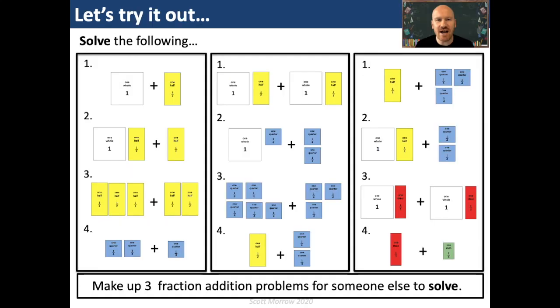It's time to try that out. Can we apply that success criteria in order to solve the following? Here we've got 3 sets of questions once again, but we're answering 4 questions each time. So for example, if you want to do the first set of questions, then question 1 is asking us, what is 1 whole plus 1 half? If you want to do the second set of questions, question 2 is asking us, what is 1.25 plus 2 quarters? And if you want to do the third set of questions, then question 3 is asking us, what is